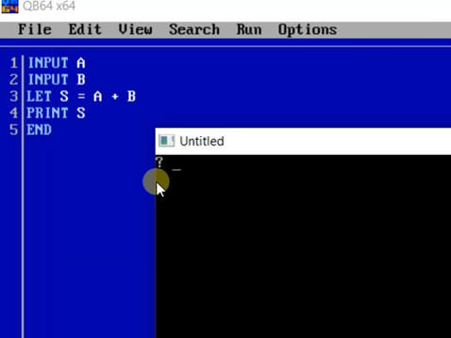So for that reason, it is very essential to use messages with the input statement so that the person who wants to give the input may know for what value, for what purpose he is giving the input value.